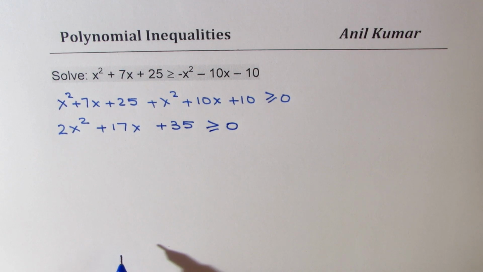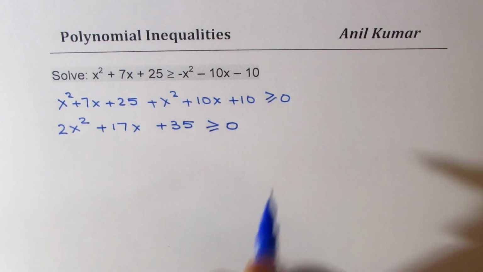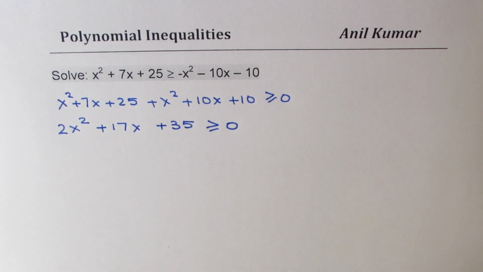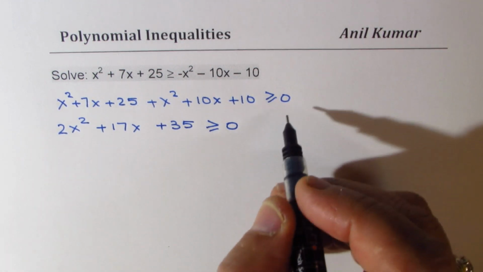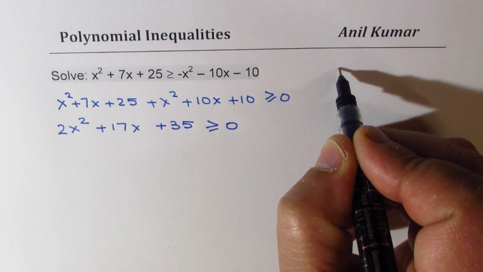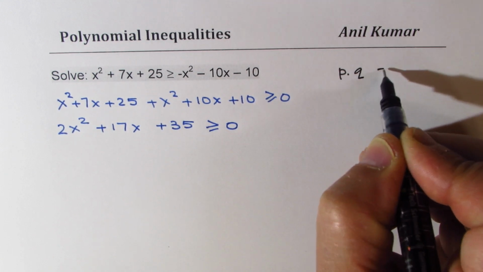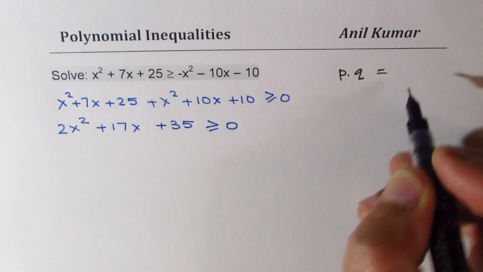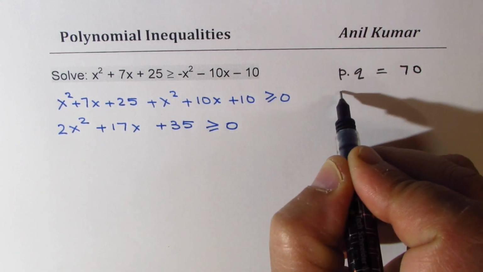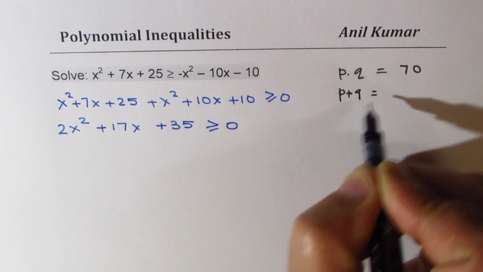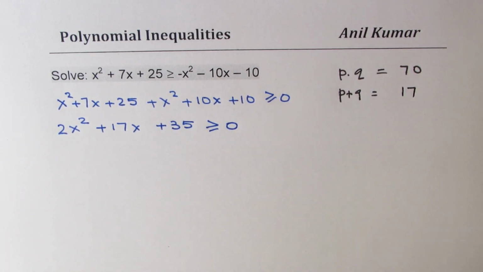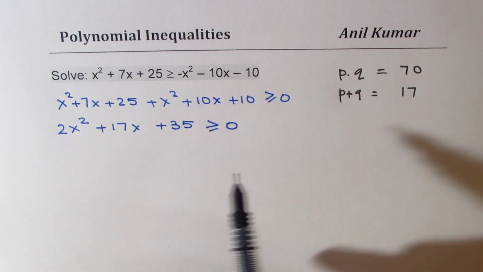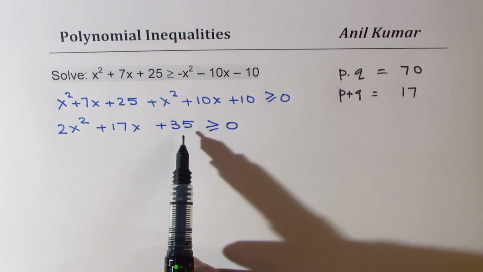Now we need to factor them. What we're looking for here is a product of 35 times 2. So we're looking for two numbers, let me write down here p and q, whose product is 35 times 2, which is 70, and if you add them, you should get 17 as their sum. So what could be these two numbers? You need to figure this out now. So 17, the numbers could be,